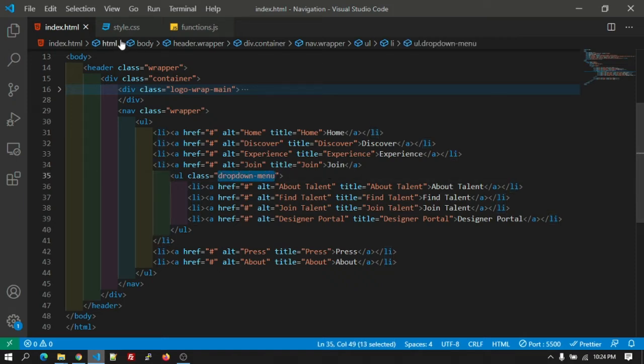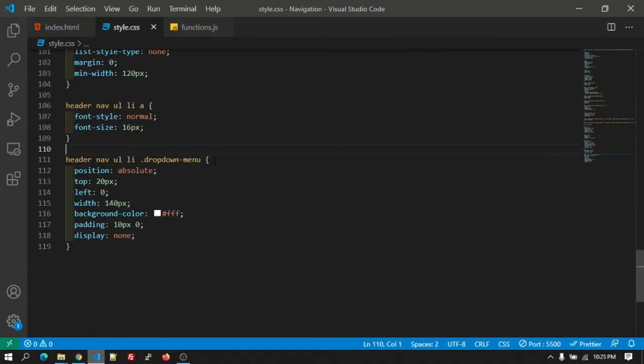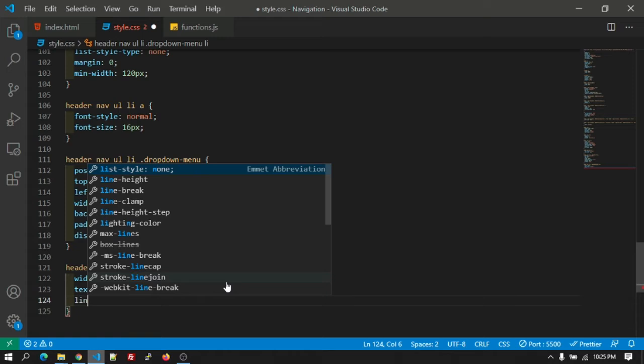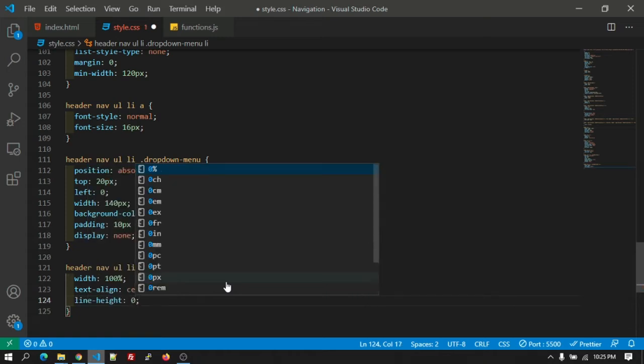Okay, after that let's add the CSS to the li tag inside that. Say let's width 100%, text align will be center, and the line height will be 0.